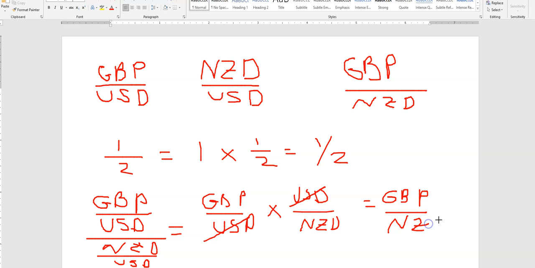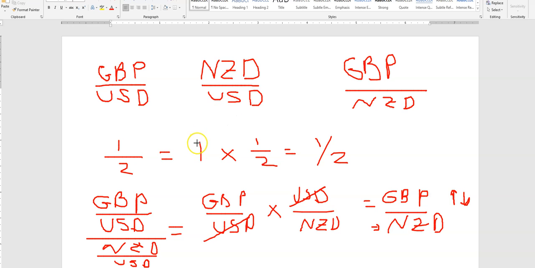So why am I showing you this? This pair right here is very dependent on these two pairs. The USD goes away when you think of this pair itself, but the USD affects these two pairs independently. So basically, depending on how fast GBP is moving in comparison to NZD, the pair is either going to go up or go down. When you have a denominator here, if the ratio goes down,